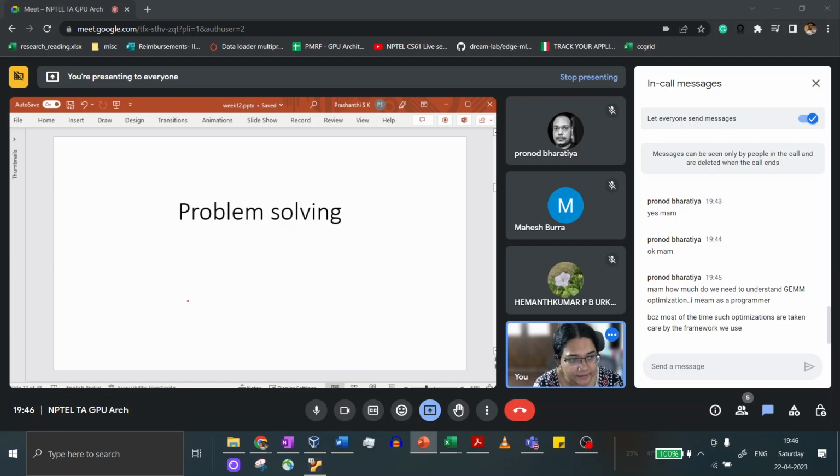But if you're writing, let's say, model code in PyTorch or TensorFlow, then as you're rightly saying, optimizations are taken care of by the framework, right? So then you don't really need to understand these in detail as a typical end user. But let's say you're actually trying to optimize some custom neural network. You should understand the basics of optimizations, so that if you profile that workload and get some information on what is happening, you should be able to understand what optimizations are being used. Can you do something better, right?